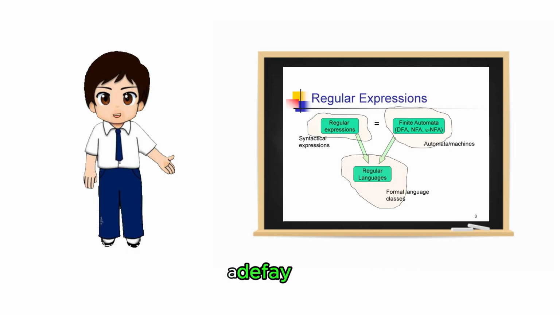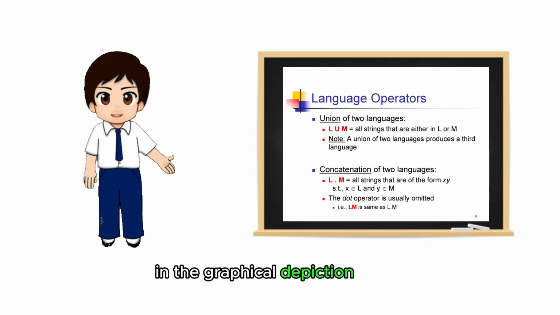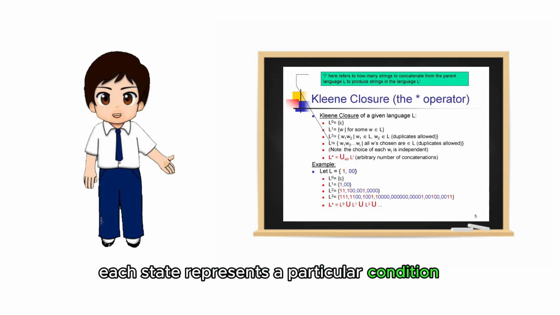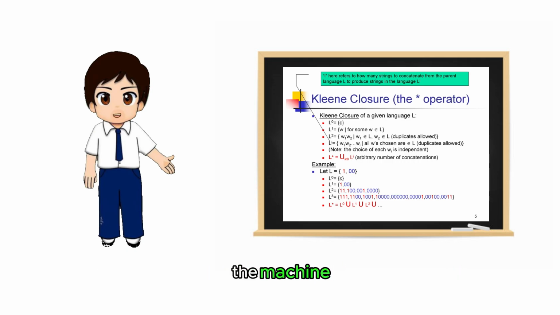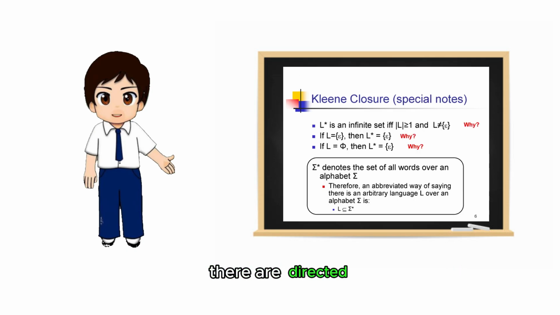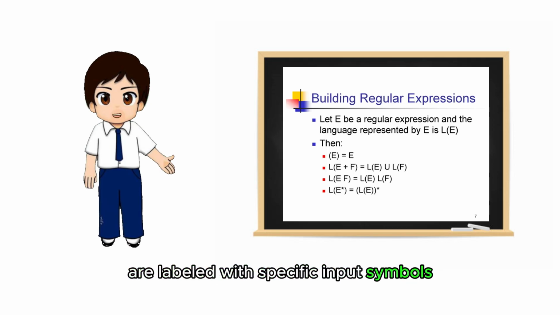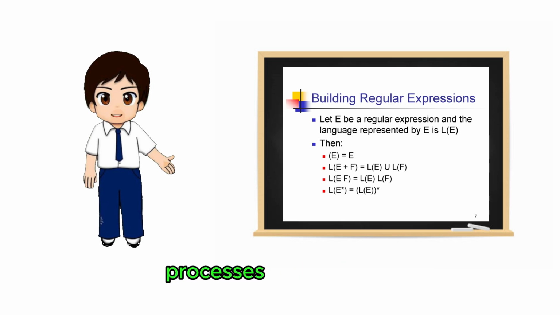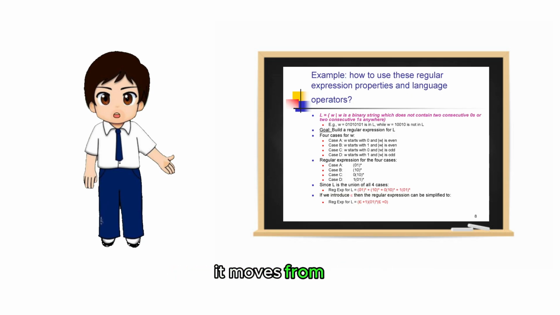States. A DFA has a finite set of states represented by circles in the graphical depiction of the automaton. Each state represents a particular condition or configuration of the machine. Transitions. There are directed arrows between states, called transitions. Transitions are labeled with specific input symbols from an alphabet. When the DFA processes an input symbol, it moves from its current state to another state according to the transition